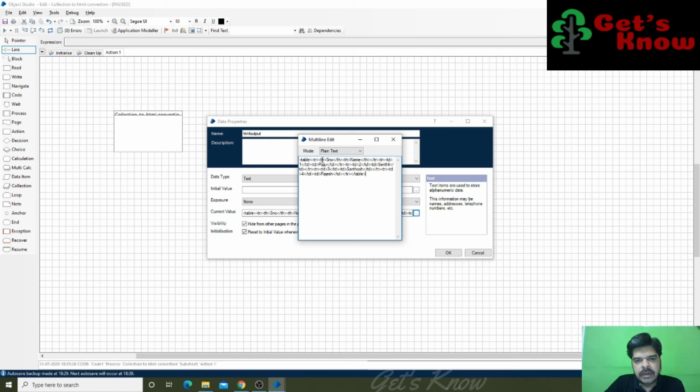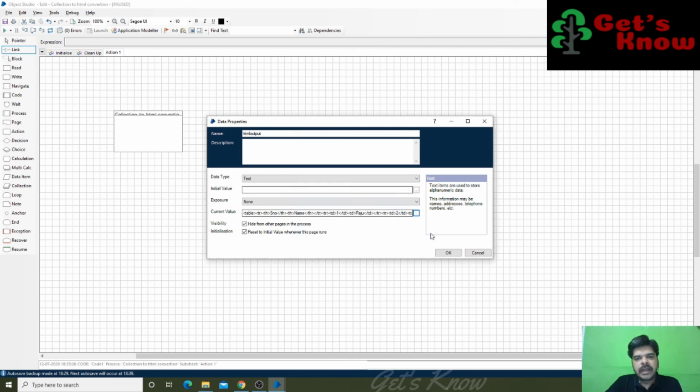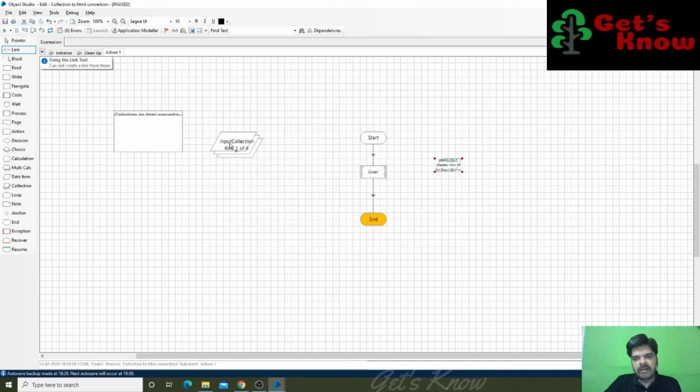See, the th tag having columns SNO, name, and the TD columns having 1 Raju, 2 Sendil, 3 Shantosh and 4 Rajesh. See, the table started here and the table ended here. So all our values, whatever we are having in our collection, everything is converted into this text format.